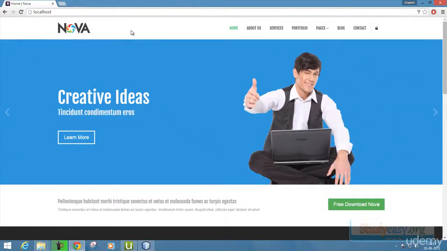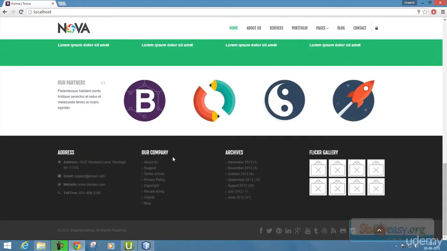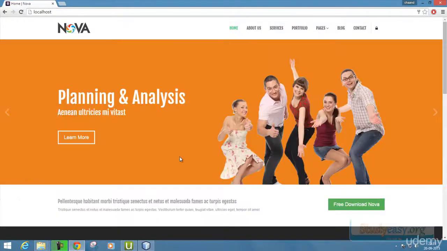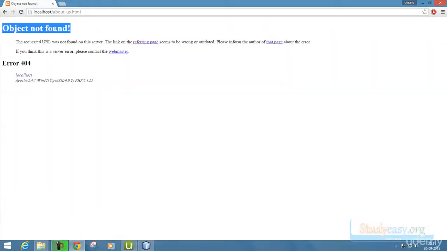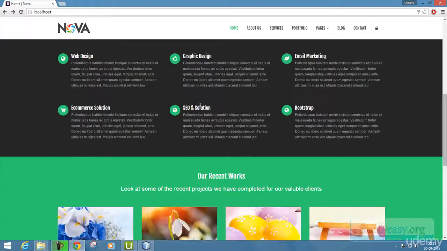So this is localhost, and it is loaded exactly as the template is. So things are working properly. If I click on, for example, about us, the thing will definitely crash because there is no page by the name of aboutus.html present. So this is how we integrate, but there are a couple more things which we need to understand in order to get started with templates. I hope I have made myself clear. Thank you.